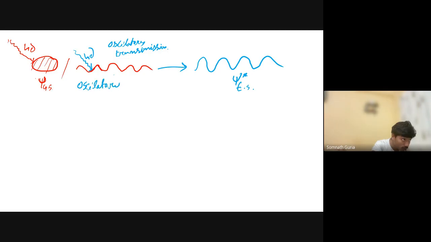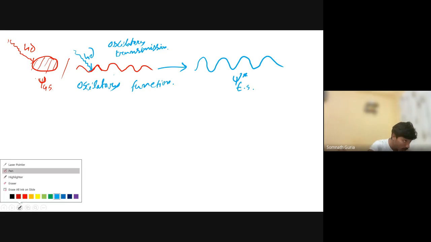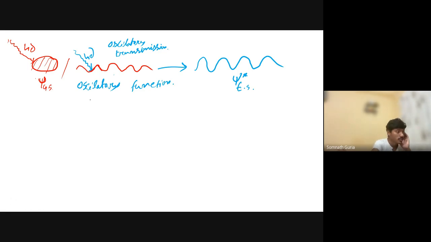Oscillatory function. This oscillatory function actually redistributes my electronic distribution in the molecules. This process actually redistributes my electronic structure. So this oscillatory function can be denoted as, this is called